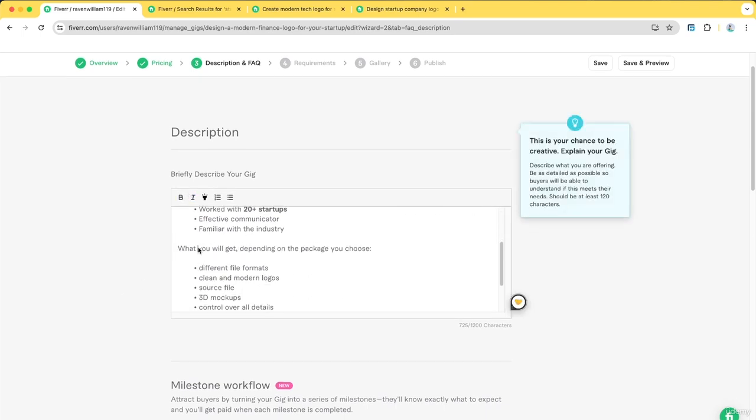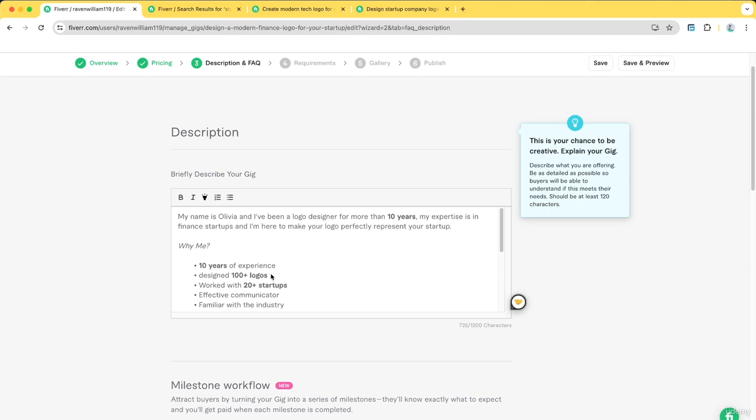Let's turn these into italics. We do have a highlight option as well. So that's what it looks like. You can use that, but I like keeping things a bit clean. I wouldn't suggest using all three because then it's going to be too much for them to look at and it might not be that easy on the eyes.